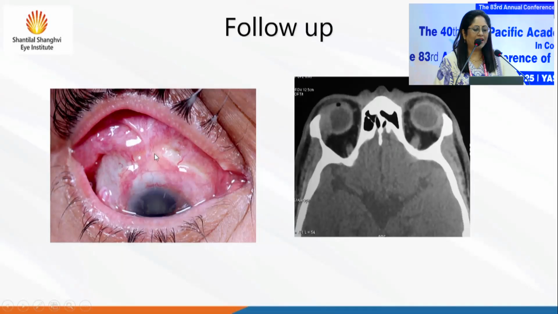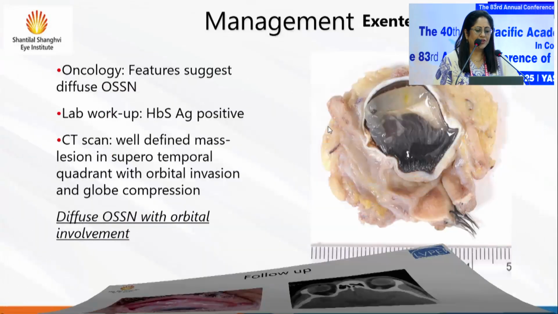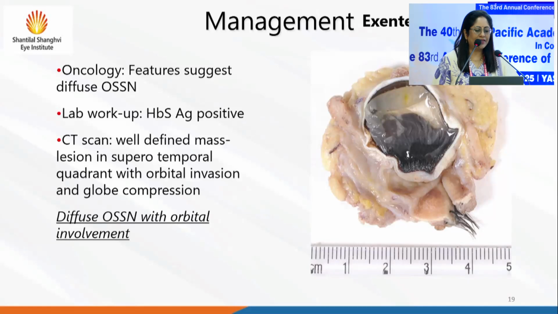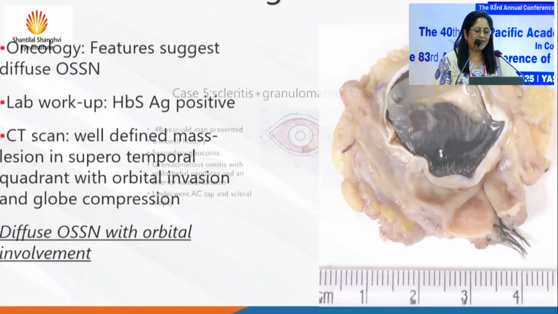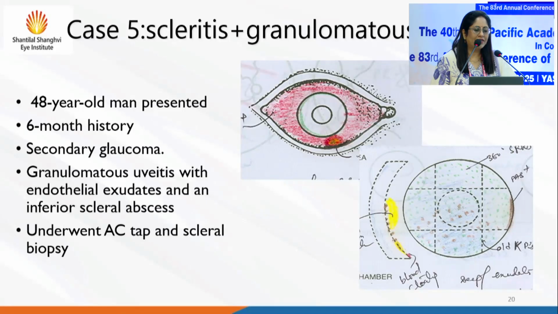and not looking healthy. Once again, our oncology colleagues were also seeing the case with us, and they diagnosed the patient to have a sort of a nodular ulcerative variant of OSSN. And on the CT scan, you can see that there is thickening. It's involving the coat of the eye from that side, and therefore this patient also had to undergo exenteration. And you can see this beautiful specimen, well, beautiful for us, but not for the patient or anyone else, where the tumor had invaded into the coats of the eye as well, causing compression. So this was a diffuse OSSN with orbital invasion, and the patient had to undergo exenteration.